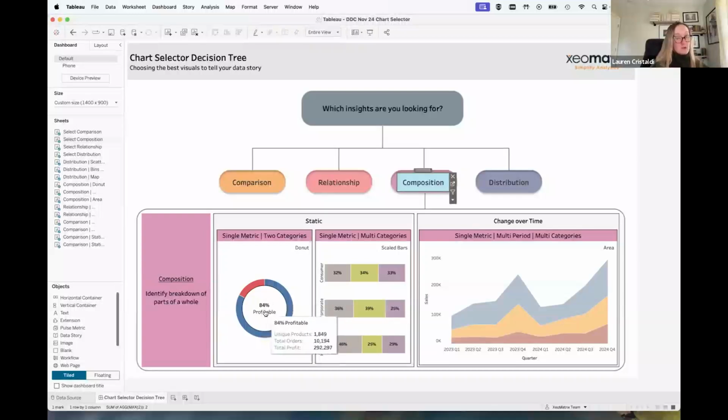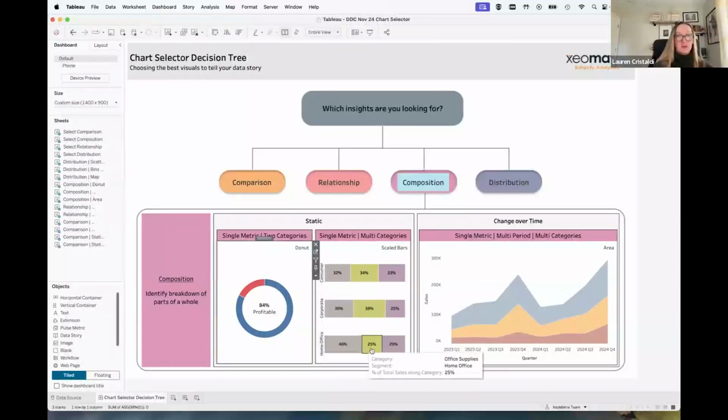And it looks like 84%, pretty good for Superstore. And then, what about the different segments? Maybe I need to pay attention more to home office, because for some reason they're not selling very many office supplies. So I should probably check into that.